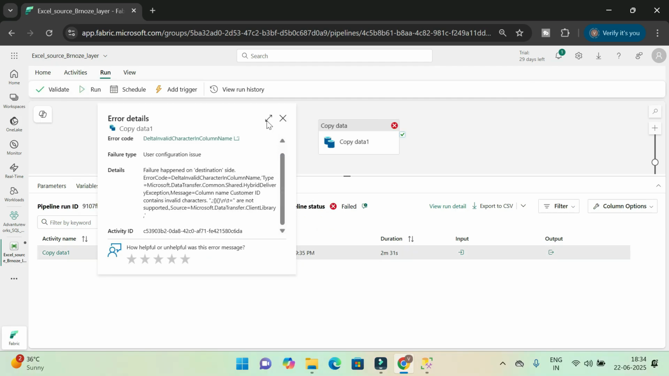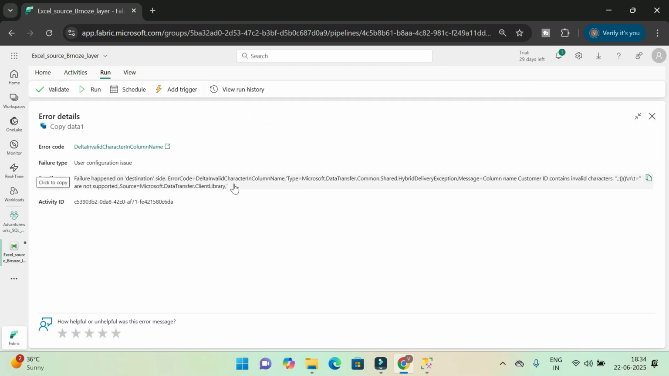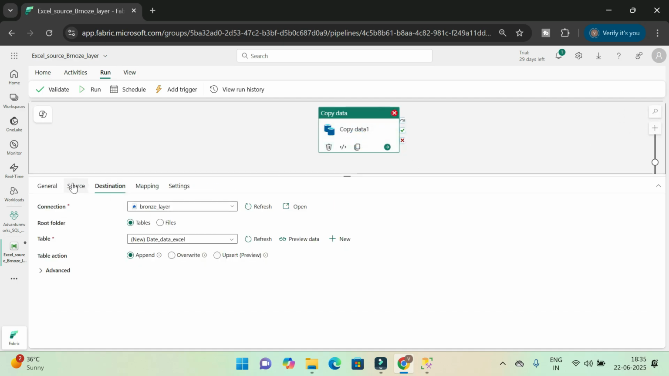So what is the reason behind that? Let's have a look at it. The failure happened on the destination side. Basically, this is from the source, actually, not the destination side. Column with a space between the letters. Make sure there are no spaces in your table columns, because if you remember, in the source setting side,